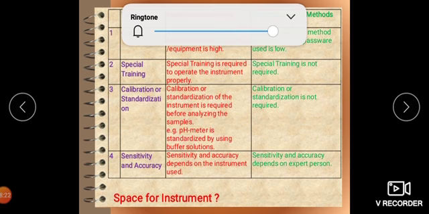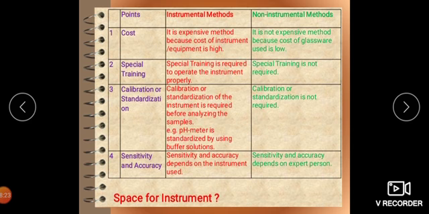Point number 1, cost. These instrumental methods are very expensive because the cost of the instruments is very high. But in case of the non-instrumental methods, it is not expensive because the cost of glasswares used for chemical analysis is very low. Point number 2, special training is required to operate the instrument, but special training is not required for the use of glasswares for